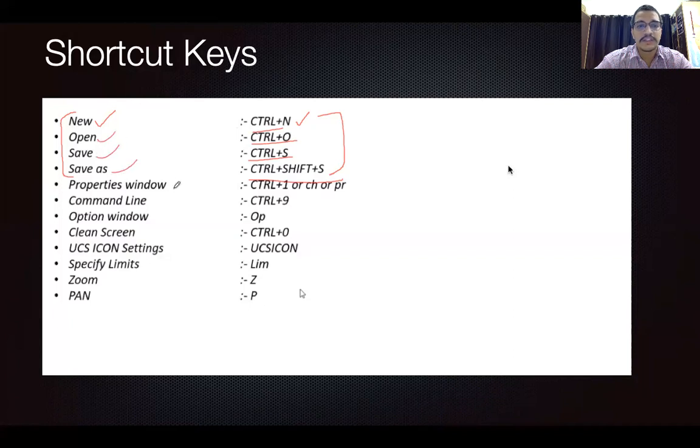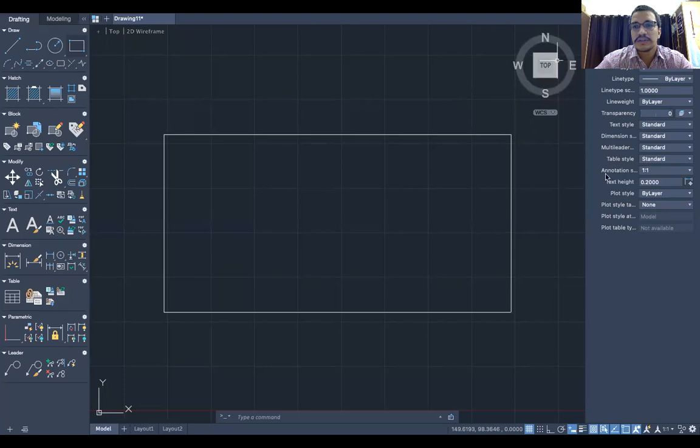Okay, next is properties. We have already seen the properties in the last session as well. As you can see, in this section these are the various properties which you can see.